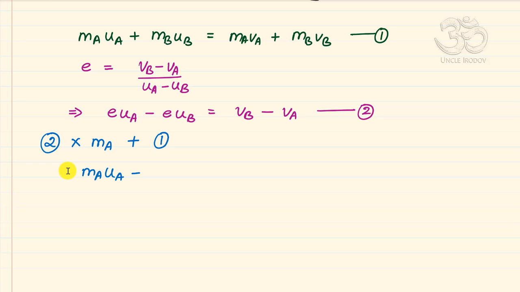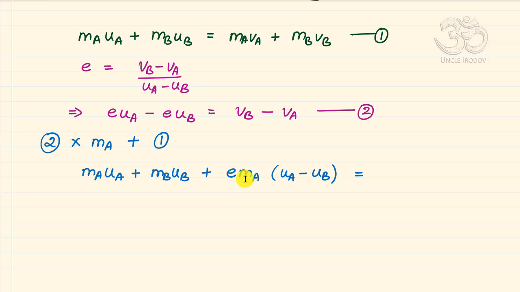MAUA plus MBUB. Now equation number 2 multiplied by MA. So the left hand side will be plus, I think I can take E out as a factor that's in both the terms, a common factor here, and MA will also be going out, so EMA times UA minus UB